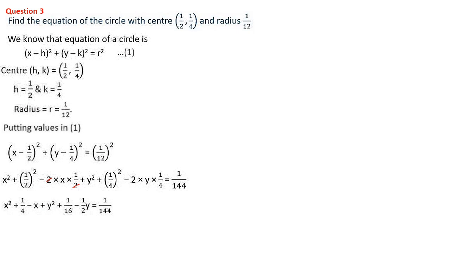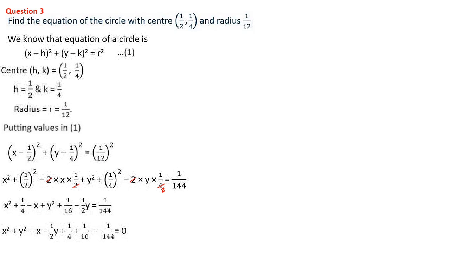Then we are getting as only x, that is written minus x, then plus y square plus 1 square is 1, 4 square is 16, minus, here also cancellation is there in the next step, that is 2 and 4 we can cancel, and here will be 2. That means numerator we are having y and denominator having 2. So minus, here a minus is there, 1 by 2 it's written y, 1 by 2 into y equal to 1 by 144.